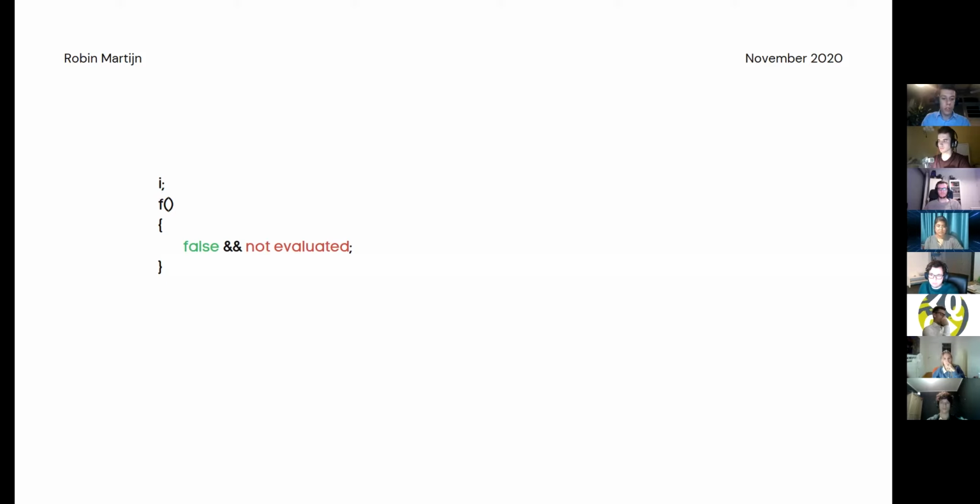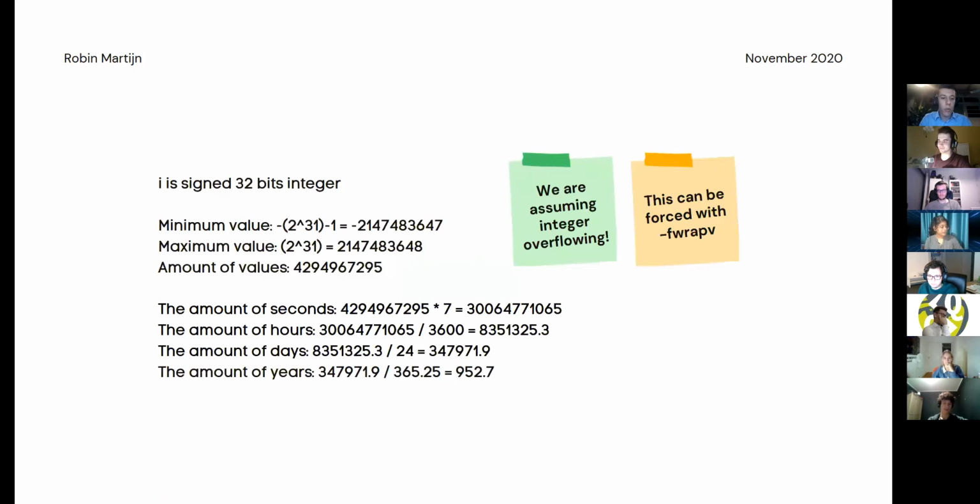So, when does this happen? That's the ultimate question. Well, the first part has to be false to make sure that the sleep is never called again. For that to happen, we need to have i is 1. Because if i is 1, minus i will eventually result in 0, and the first part of the statement will be false, which means the second part won't be evaluated. And then the sleep won't be called. So that's what we need. Now we know why everything works like we wanted.